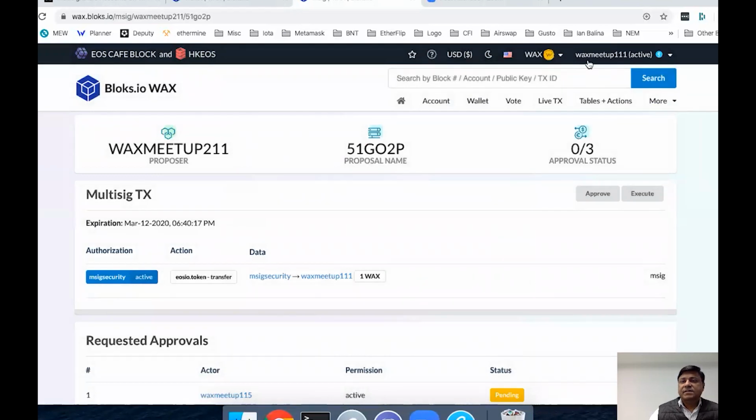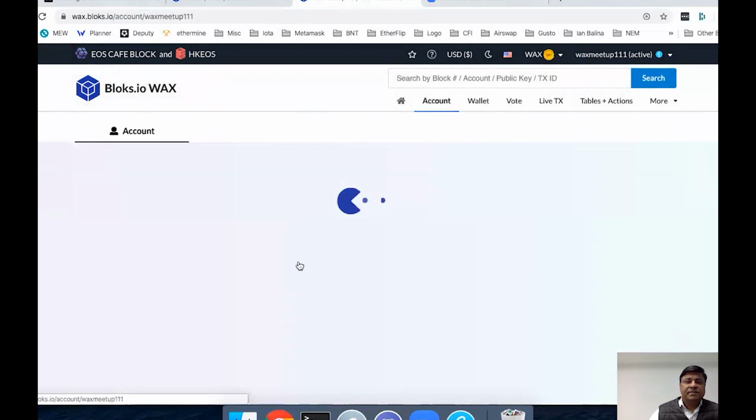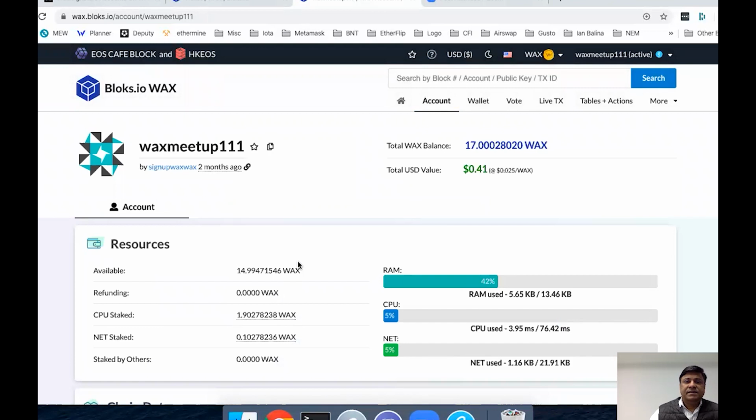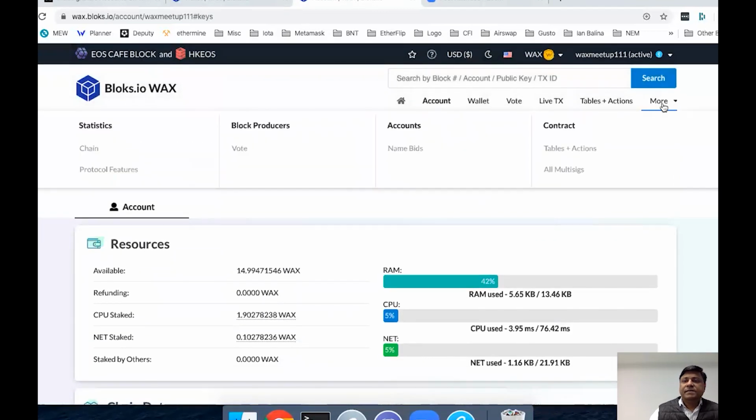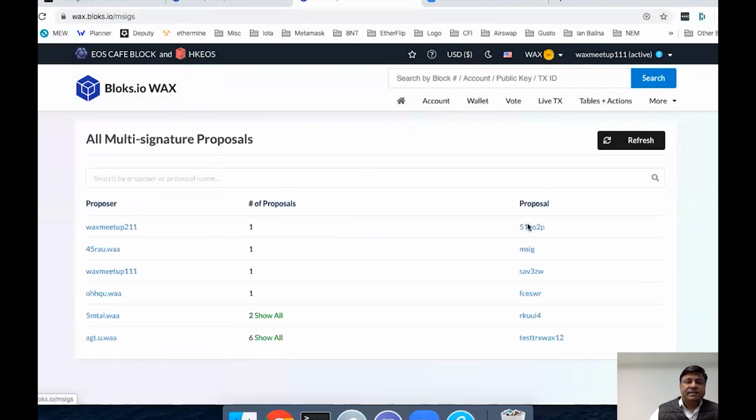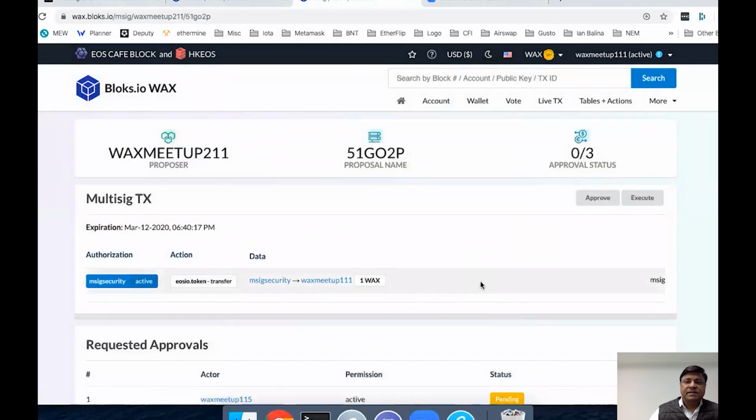So here you can see that we have logged in as 111 account with the active permission. So we can go and check this account, and you can see the key structure. So let's check all multisigs, and here is our multisig.